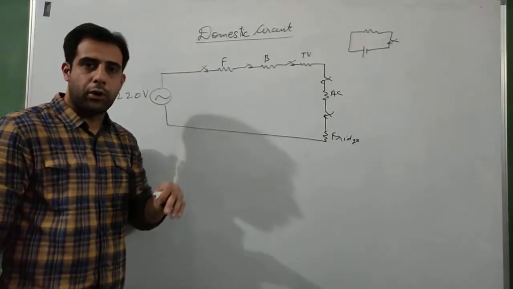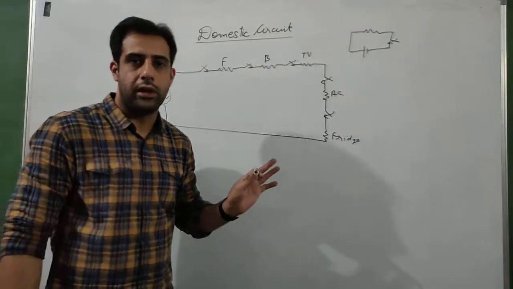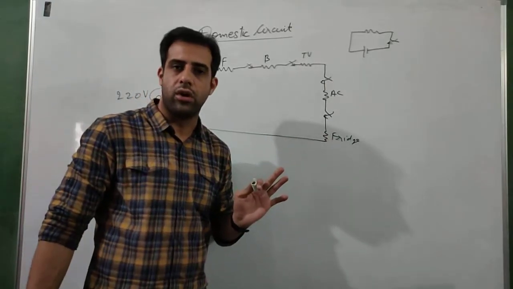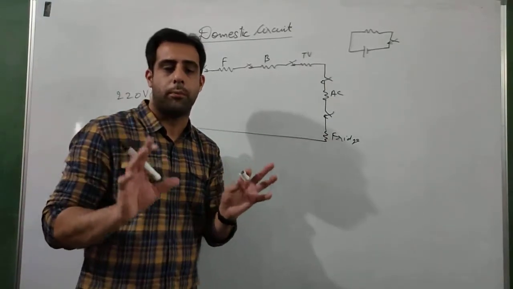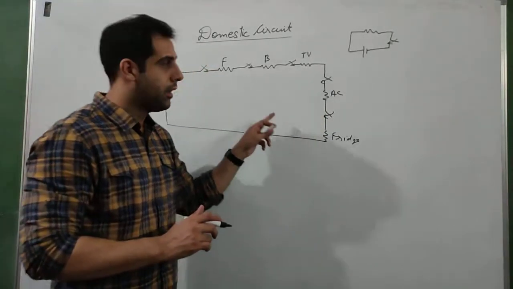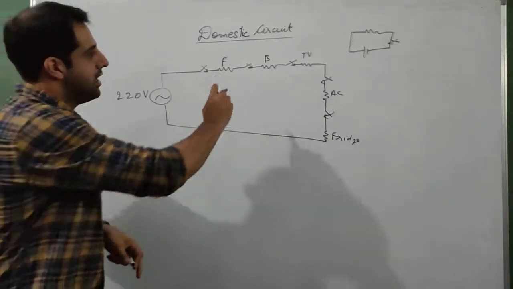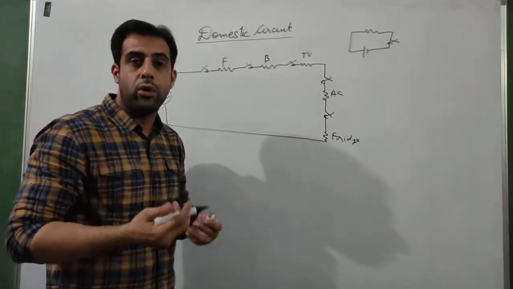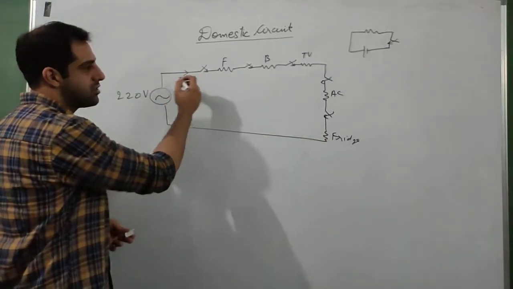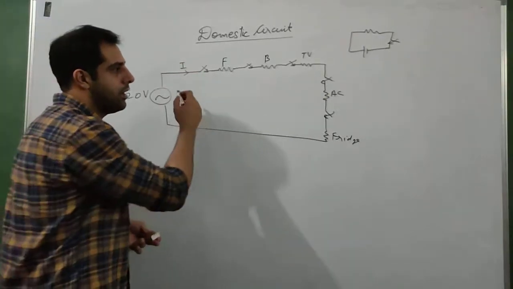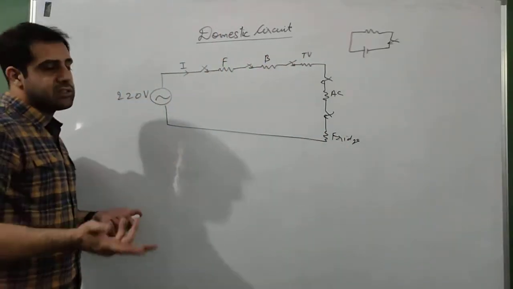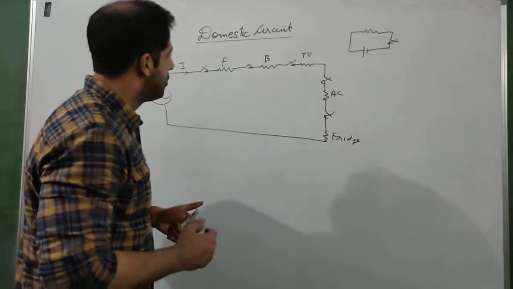Now this causes another problem. Suppose I have to switch on the fan only. I do not need the bulb, I am not watching TV, and I do not want the AC and fridge right now. I just want the fan in my room to operate. Now for the fan to operate, first I have to close all the switches. But then all of them will receive the current. As soon as all the switches are closed, current will start flowing and every appliance will start operating even though we do not want it to.